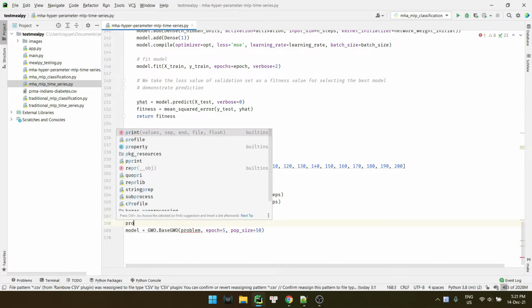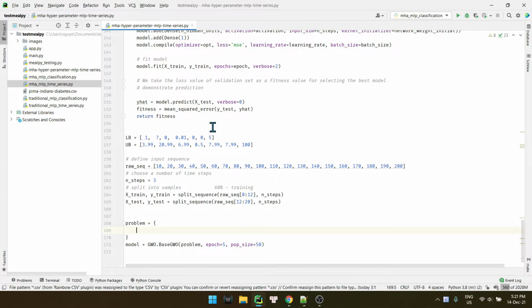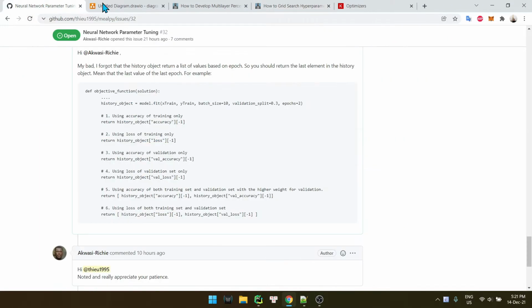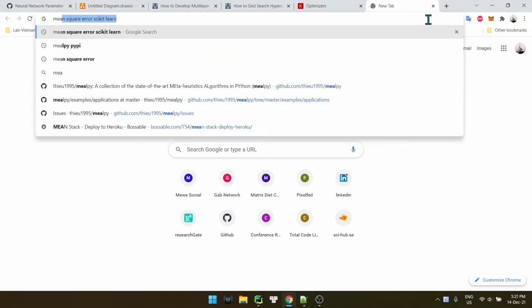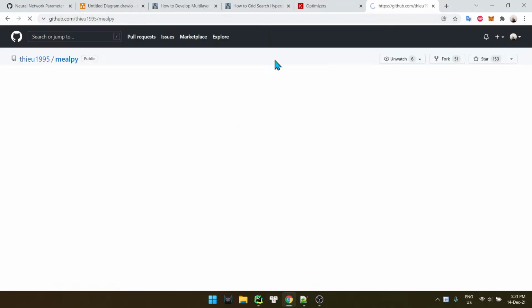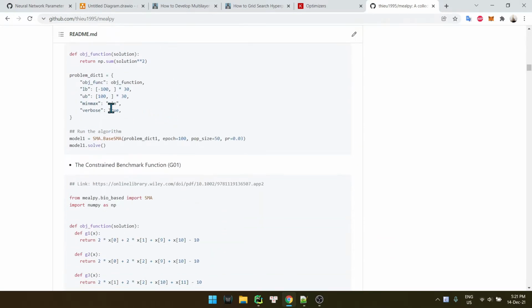Okay, so we need to define the problem dictionary. Okay, I'll copy from my sample right here. I'll copy the problem dictionary.